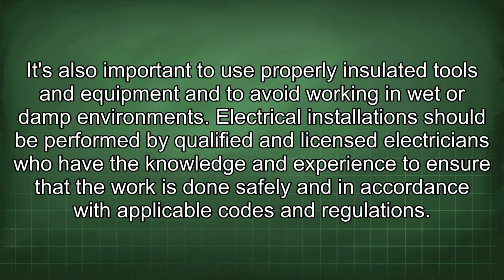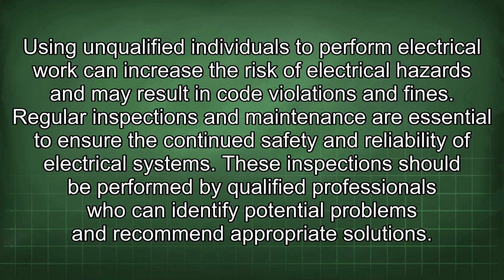It's also important to use properly insulated tools and equipment and to avoid working in wet or damp environments. Electrical installation should be performed by qualified and licensed electricians who have the knowledge and experience to ensure that the work is done safely and in accordance with applicable codes and regulations. Using unqualified individuals to perform electrical work can increase the risk of electrical hazards and may result in code violations